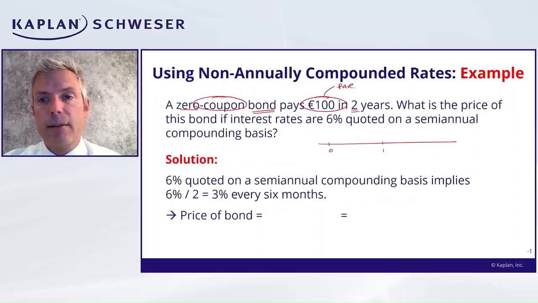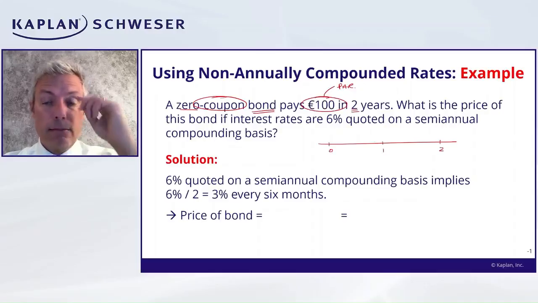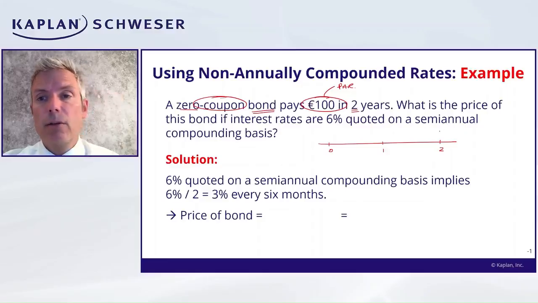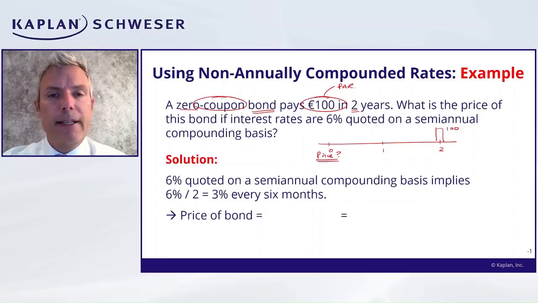So when I think about a timeline here, we get nothing at time 1, nothing at all until time 2, when we get a payment of 100 euros. The question is, what should we pay for this bond today if the bond is just a cash flow at time 2, that's all it is. What should we pay for this if the fair interest rate that we require is 6%, quoted on a semi-annual